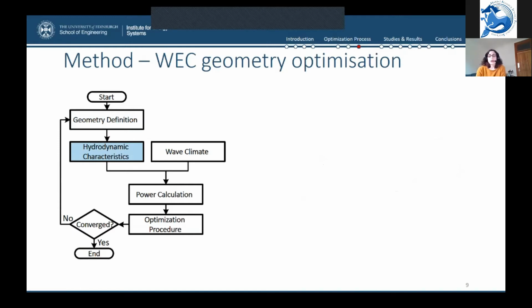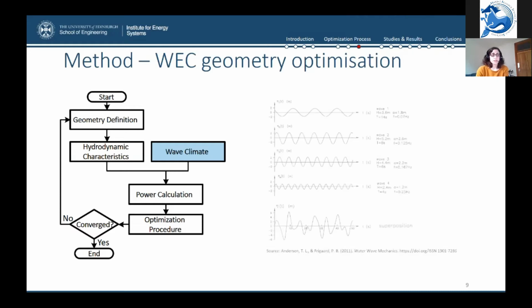Then I need to define where I want to place the device. And so I need to describe the wave climate. And just for context, for those with maybe less experience in wave energy,